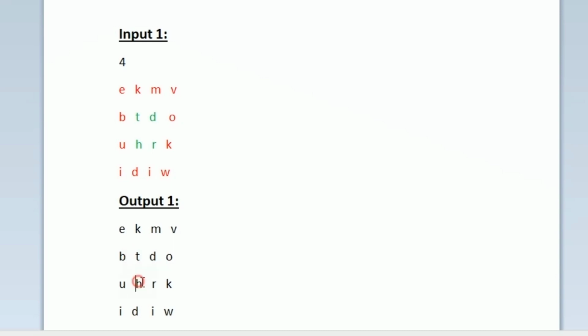Like this, we have to update all the layers of the matrix and print the modified matrix as output. In our expected output also we can see that we are printing the same character matrix. So this is how we should be solving today's daily challenge. Now let us see how to write a C program for this.